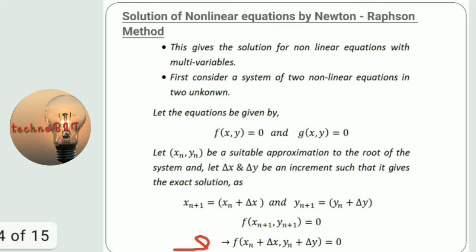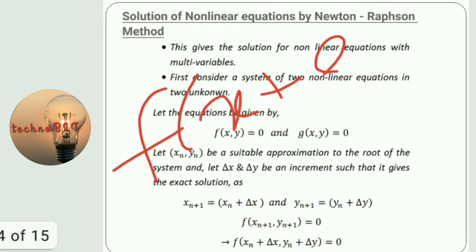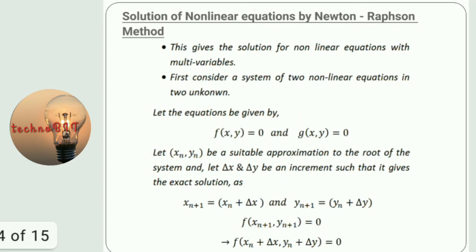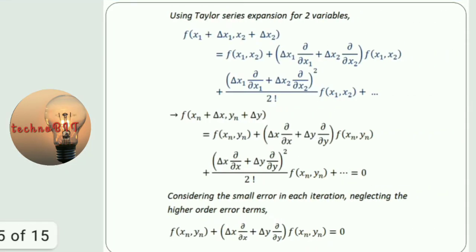Whenever we have a function like this, we expand it, just like in the previous lecture where we saw the expansion of this type of function with the help of the Taylor series. Right now we are doing the same thing. I am using the Taylor series here, but now for two variables. Suppose they are x1 and x2. So the expansion will be like this.